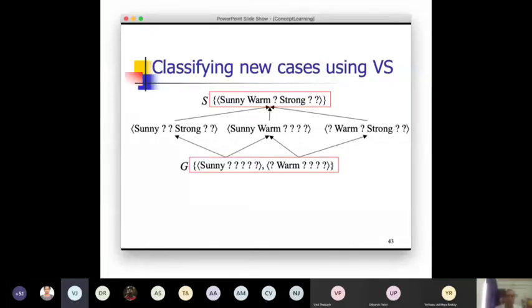There are two sets of hypotheses. One is called the set of most specific hypotheses, and the other is the set of most general hypotheses. So S and G, and you can see those examples. One interesting fact is that since you have so many consistent hypotheses, now if I give you